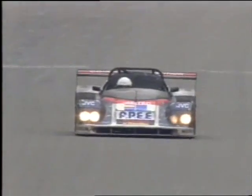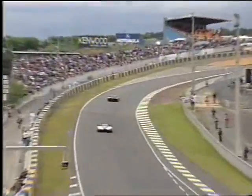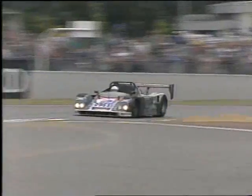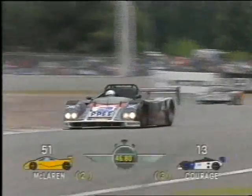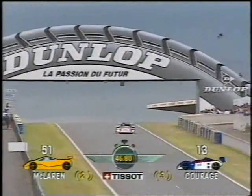And here he comes. Paul's got the watch going, and it'll give us a gap between Bob Wallach in third place at the moment and the second place Harrods McLaren. It's 46 seconds. So he's literally slashing into that. Well, yeah, that was something like 18 seconds on the lap. Now we can start comparing that lap time with the lap time of the number 59 car and say that Bob's, provided everything goes well,